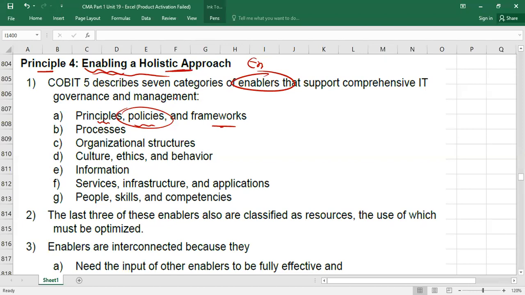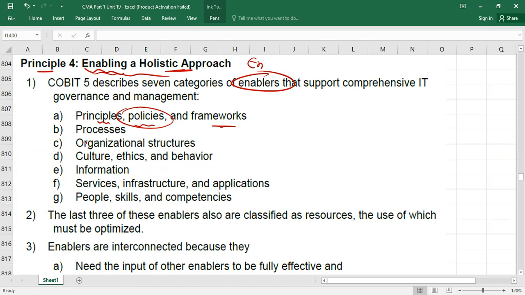Obviously when you apply IT, guys, you also develop IT relevant policies as well, right or wrong? For example, which files you can get access to, who can get access. Or if you want to change any function in the software, from where you have to get approval, etc. You cannot make any direct changes. If you initially passed wrong entries and want to correct them, what are the policies for that? So you need to define principles, policies, and framework. The keyword is policies and framework here, which is also called principles.